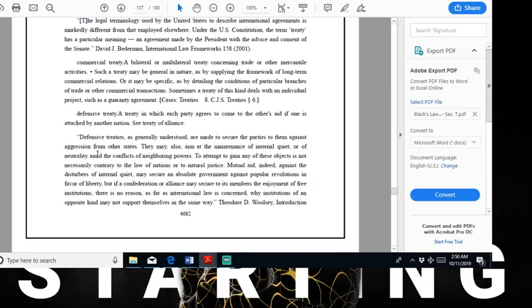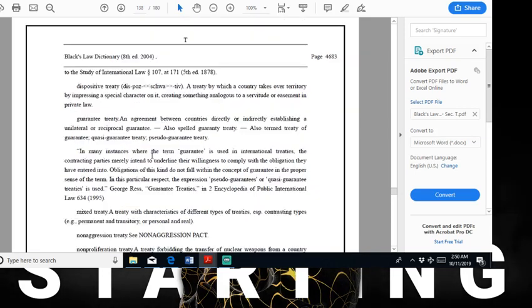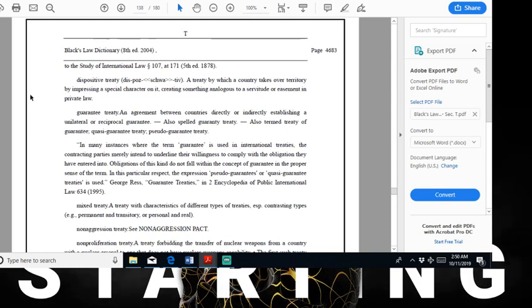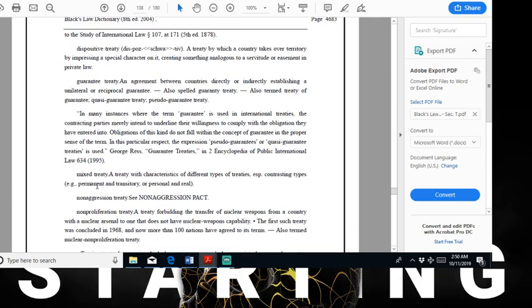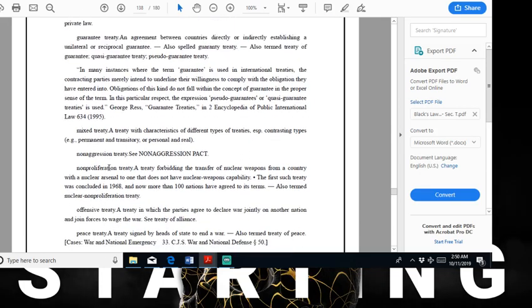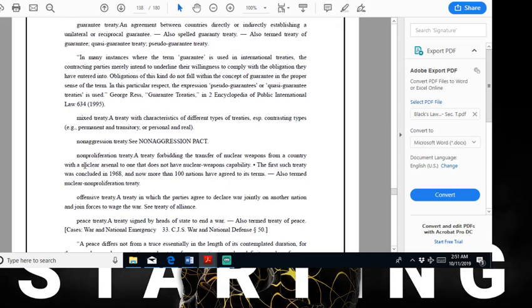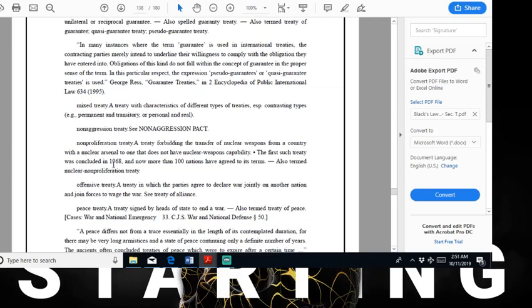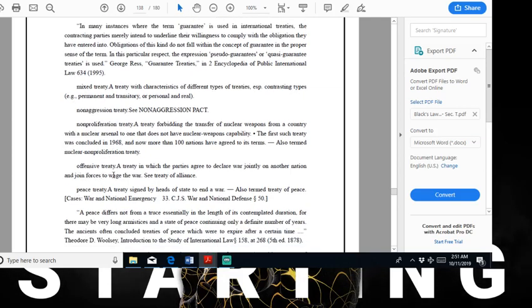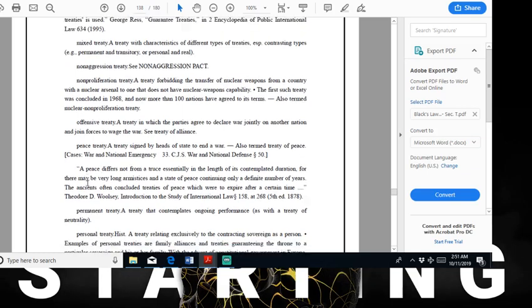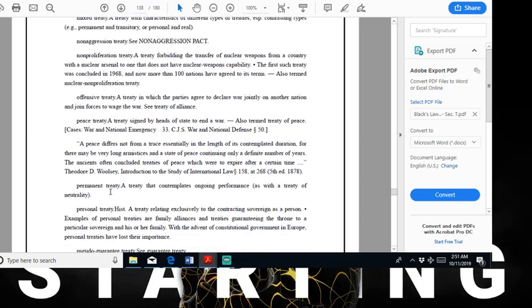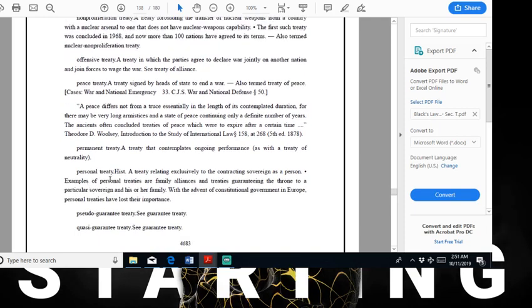Defense treaty. Let me see. We ain't gonna talk about this. A guarantee. Let me see. Mixed treaty. We just going on. It's all types of different treaties. A non-proliferation treaty. This offensive treaty. A permanent treaty. Personal treaty. It's a treaty